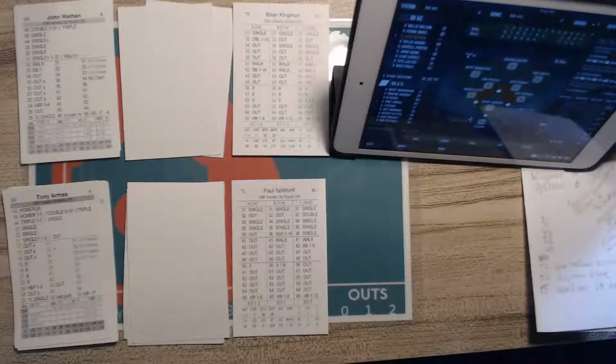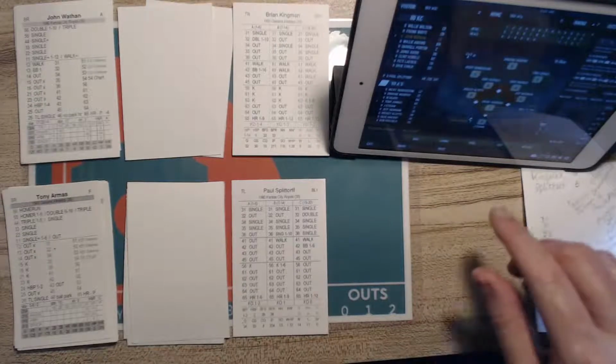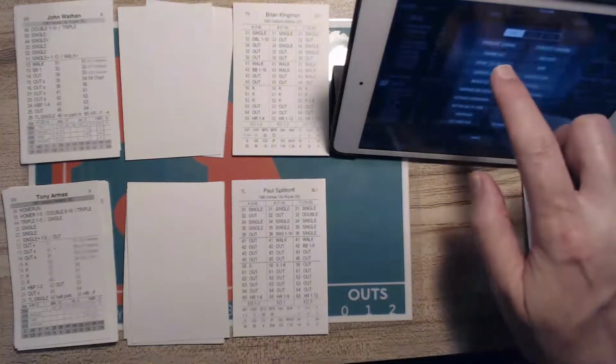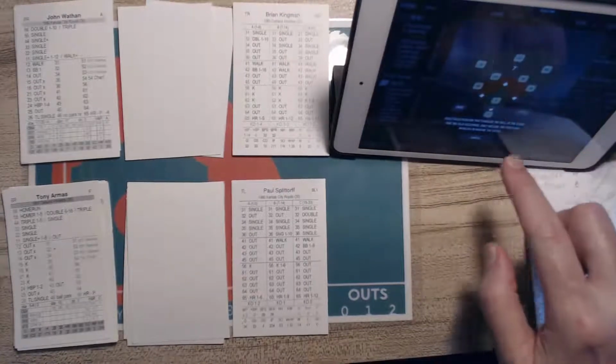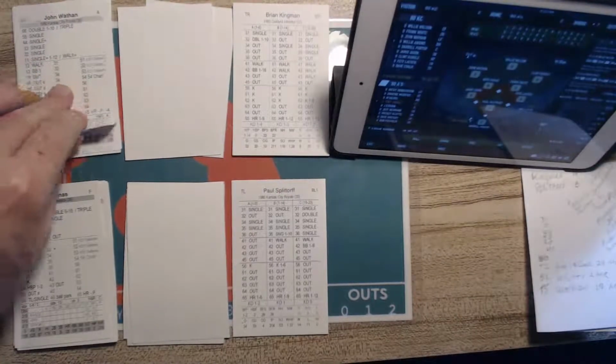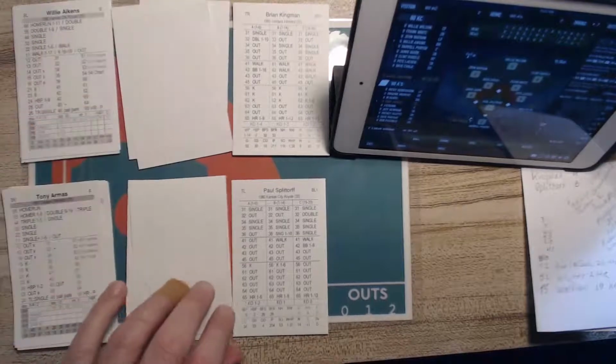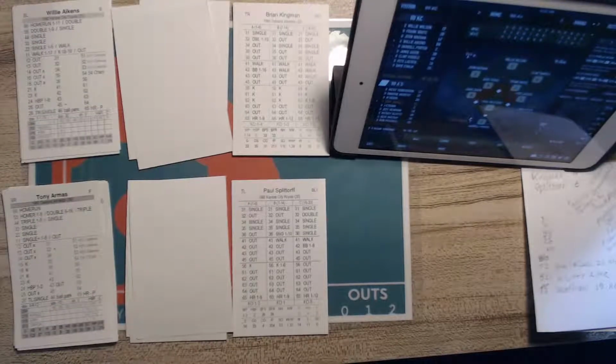Here is the pitch, and that's a 36. 36 a blank. We go to Brian Kingman's 36, and that's going to be a fly ball left field. Rickey Henderson in the gap, and he runs it down to retire the side. All right, go to the bottom of the 7th. It's 2-2. It's going to be Tony Armas, Jim Essian, and Jeff Newman.